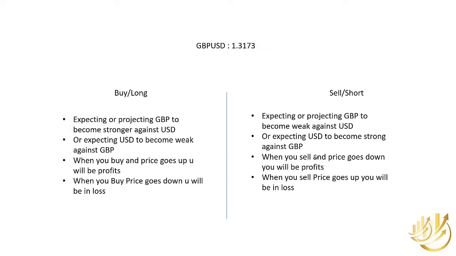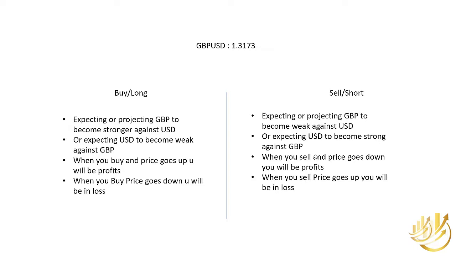So if you are buying any currency or selling any currency, buying any currency means that currency will become stronger against the other currency. Selling means that currency will become weaker against the other currency. In this scenario, our left-hand side currency is the pound, so if we are buying it, we are expecting the pound to go stronger against the dollar, and vice versa. I'll show you some examples of how we earn profits if we buy and price goes up, and if we sell and price goes down.